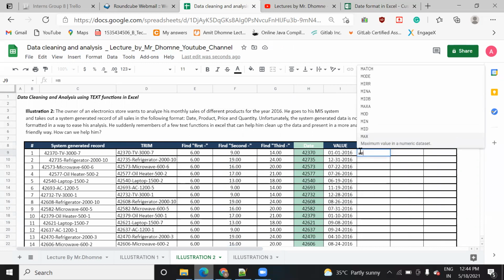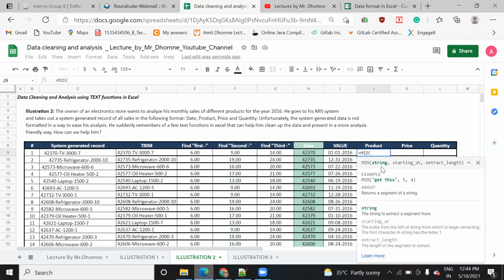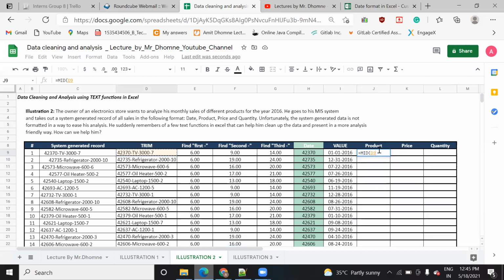When you use MID, it will show you a segment of a string, meaning a substring. Now you want to see how you will get the data. The parameters that you are going to pass are the string, meaning in which string you want to find, the starting position, and the length that you want to find. Here I want to find the product name from the string of D9, because D column, ninth row. I have removed the space and I have got the data here. So I will just add this. I will click on this, so I got this D9.